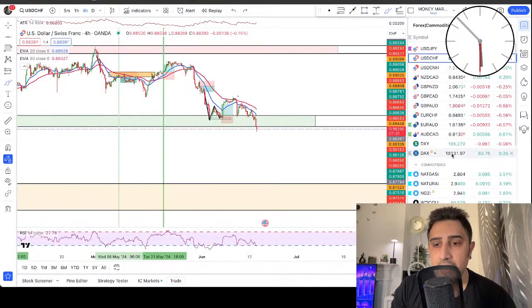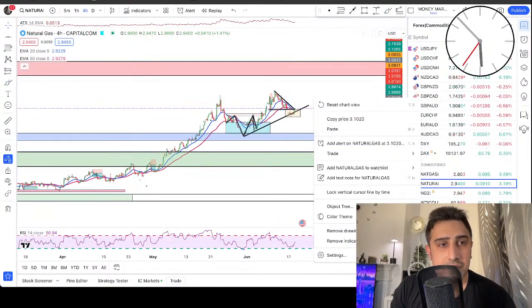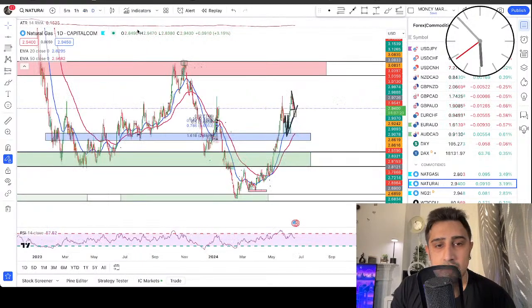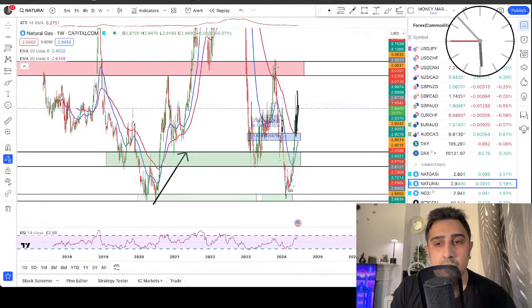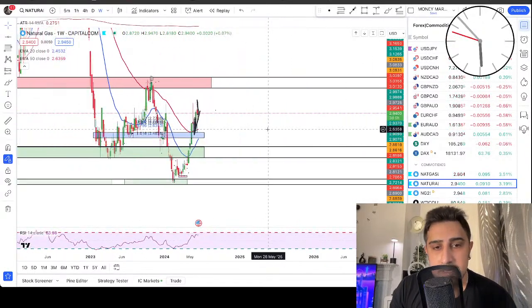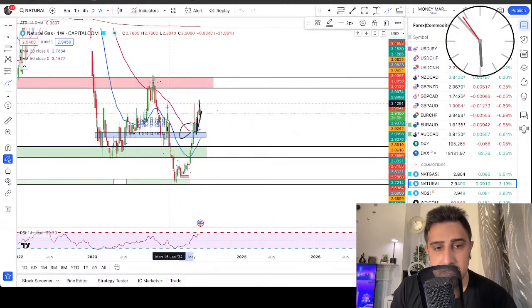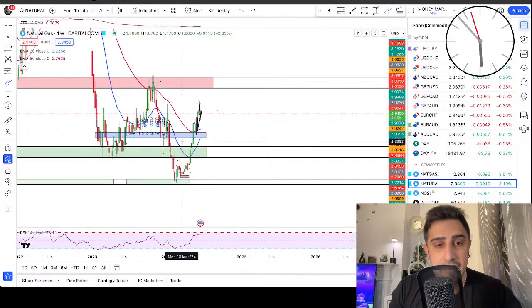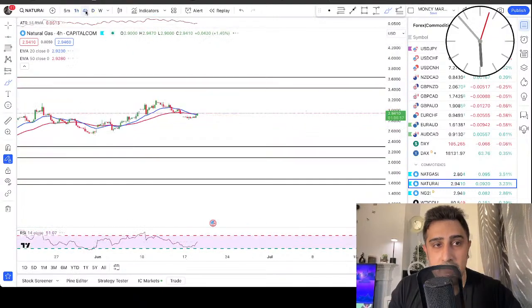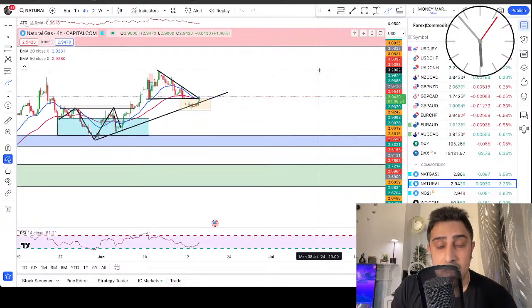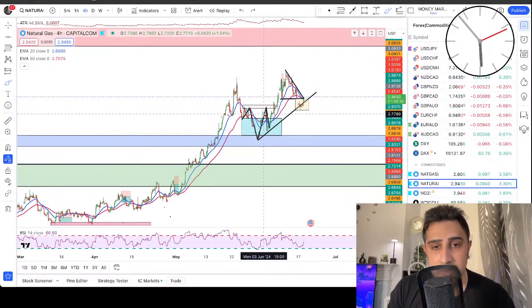Let's look at natural gas, long term as well. It doesn't look bearish to me, James. Technically, it doesn't look bearish because we are above the 50 and 20 EMA on the weekly time frame as well, and we have broken above the support as well. We are above on the daily time frame as well, and on 1 hour. On all the time frames, it looks bullish to me for now. I will only go bearish once we are broken below this zone.